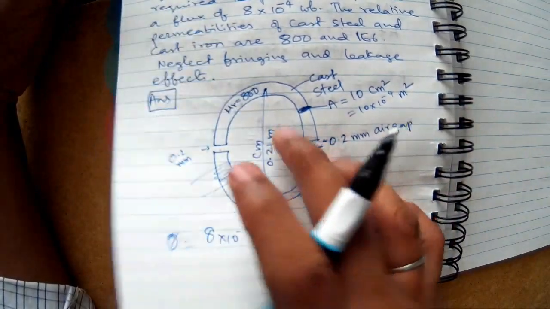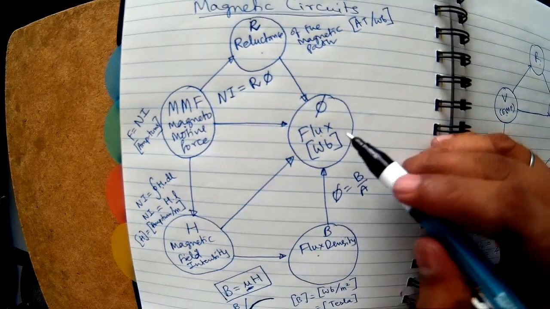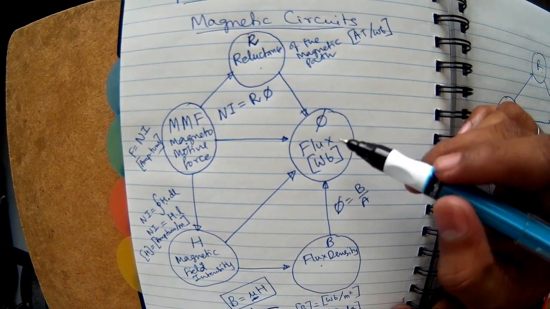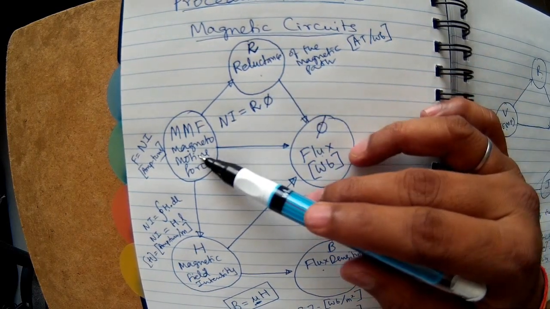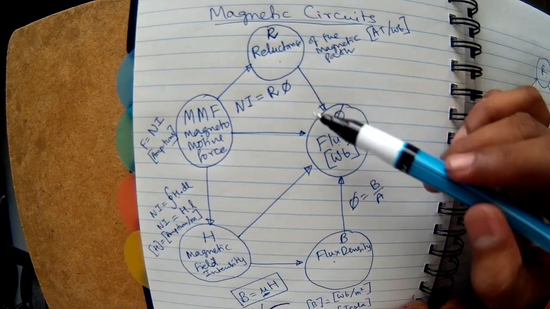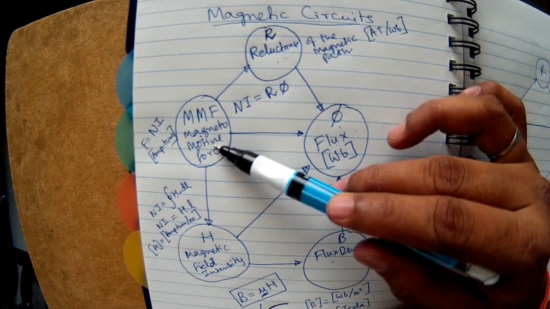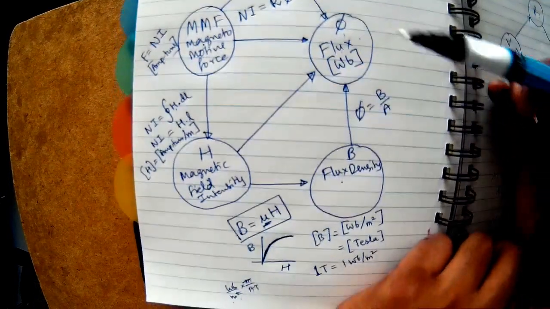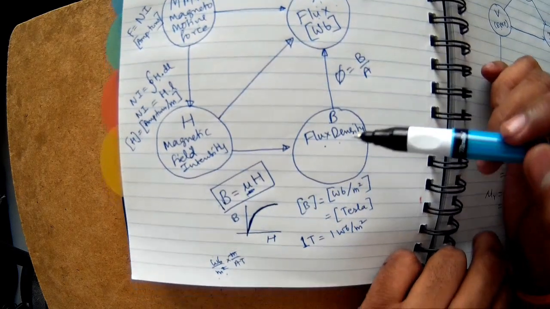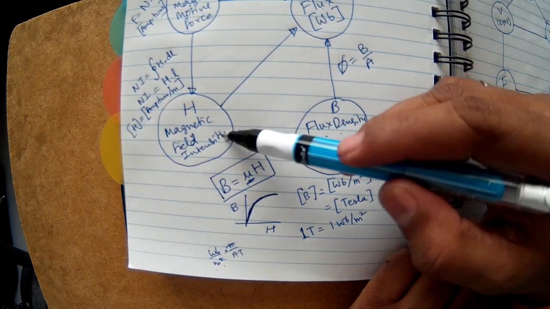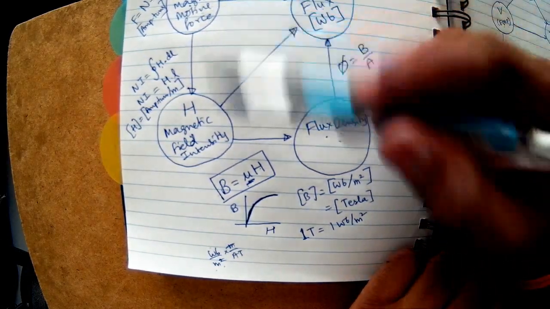Again, if I refer back to our overall procedure to solve, in this question the flux is given and information is given so that I can calculate the reluctance, and I can then calculate the MMF from these two. MMF is nothing but the product of these two. This is given, this we have to calculate, and then I can find the MMF. Alternatively, I can find the flux density from the flux, and from the flux density I can find the intensity, and then multiply the intensity with the length, and I can find the MMF. So two ways are there.